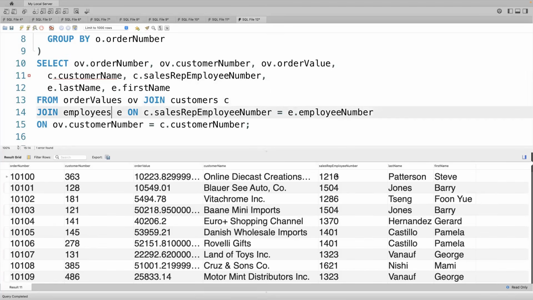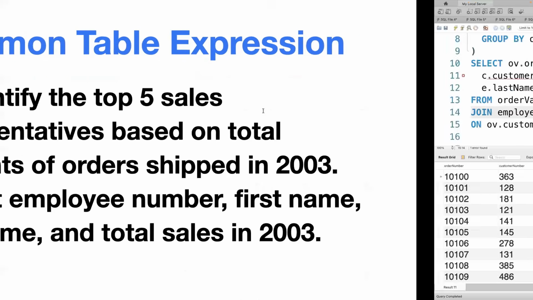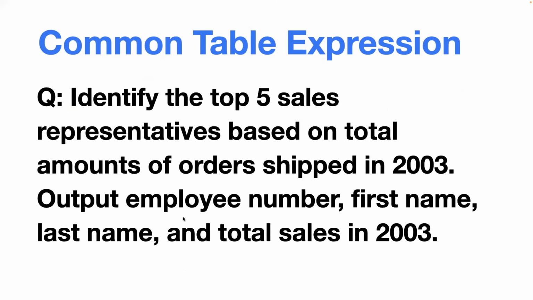Then we have the customer sales rep employee number. So for the customer, we get the sales rep employee number. Then by joining with the employees table, we have information about the last name and first name. Now, of course, the question asked us to find the employee number, first name and last name, and total sales